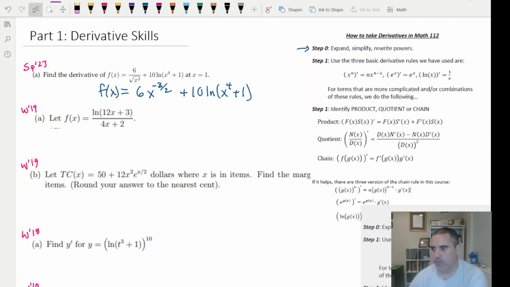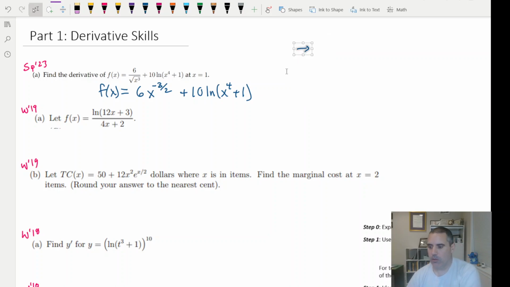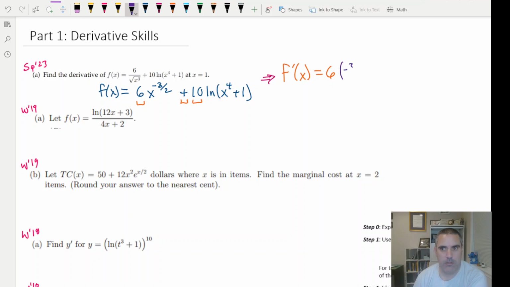So I'm going to move this over so that I have a little bit of space. And so we're ready to do the derivative. Let's go. So what do we have? We have two terms. You have a plus right here, and you have a coefficient. Those are the sum and coefficient rules. I don't usually list those in the rules because at this point we need to know them well. The rest is bringing down the power and then subtracting 1. So you're going to have a -3 halves, x to the -3 halves minus 1. So it's -5 halves,